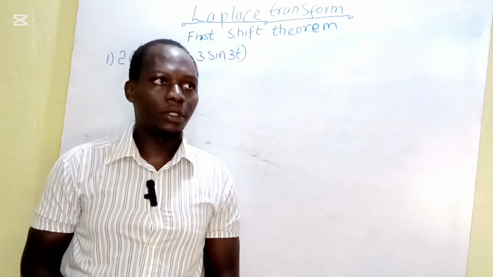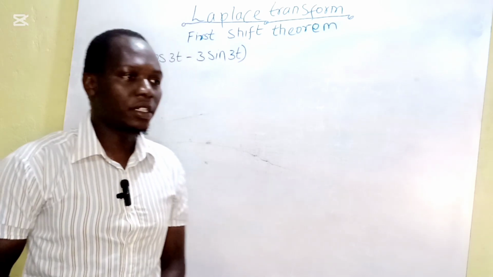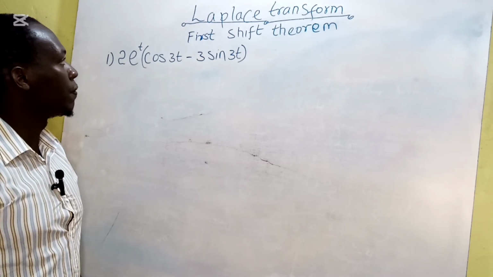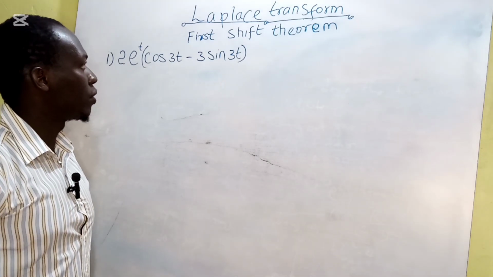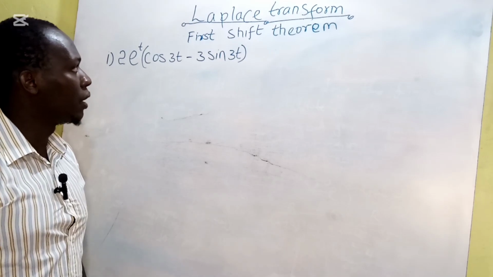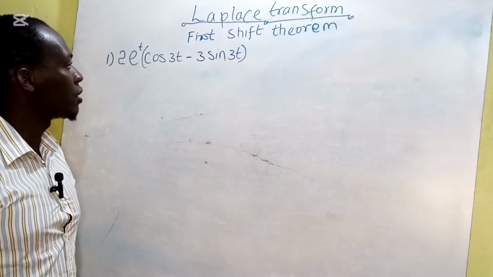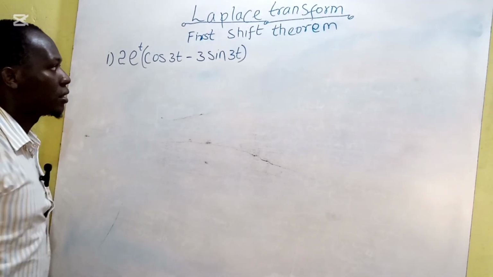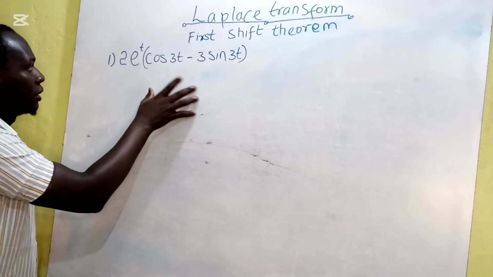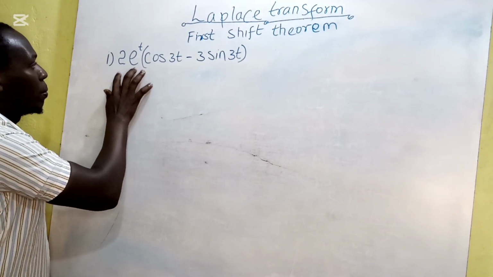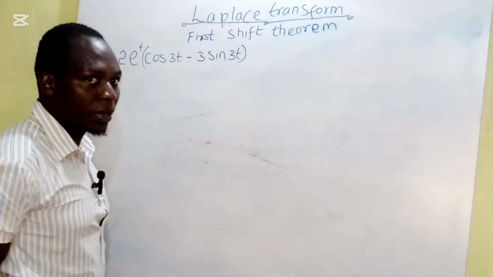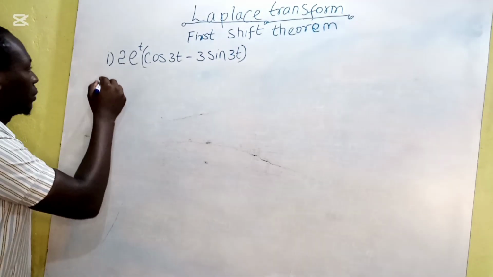In today's session, we are still going to discuss finding the Laplace transform using the first shift theorem. And when it comes to the first shift theorem, the first thing that we need to understand in a function like this one is that we must first open the bracket using the exponential outside the bracket. And by opening the bracket, we are going to have